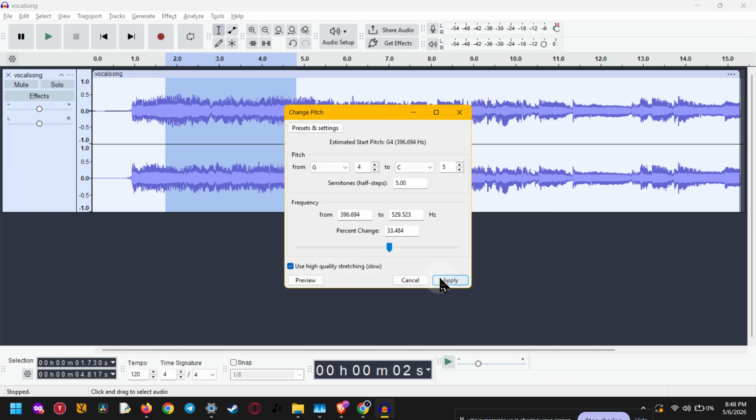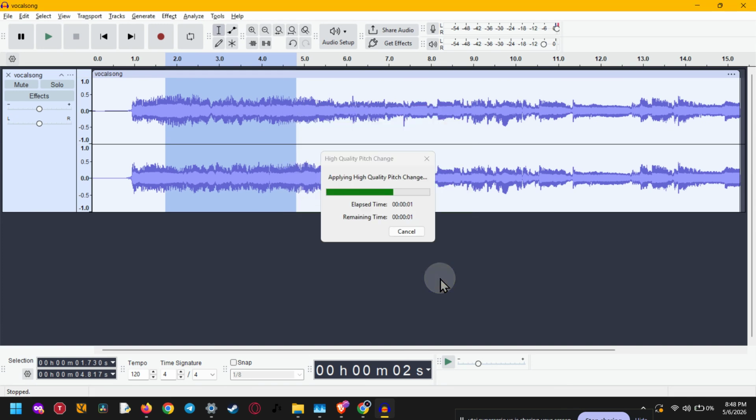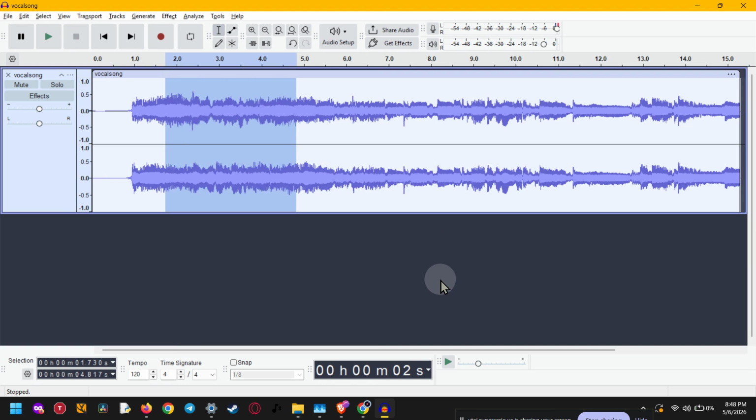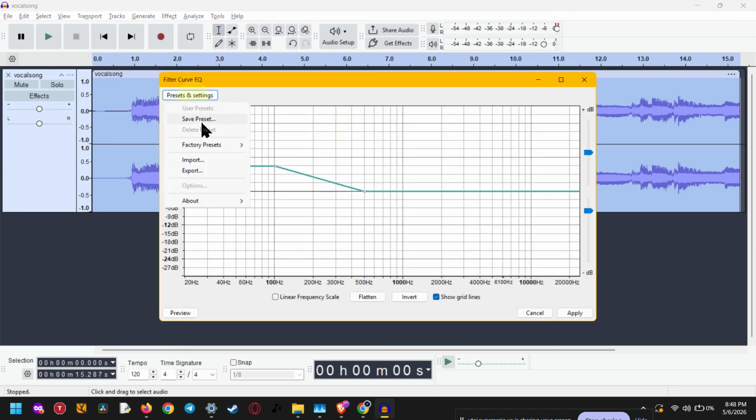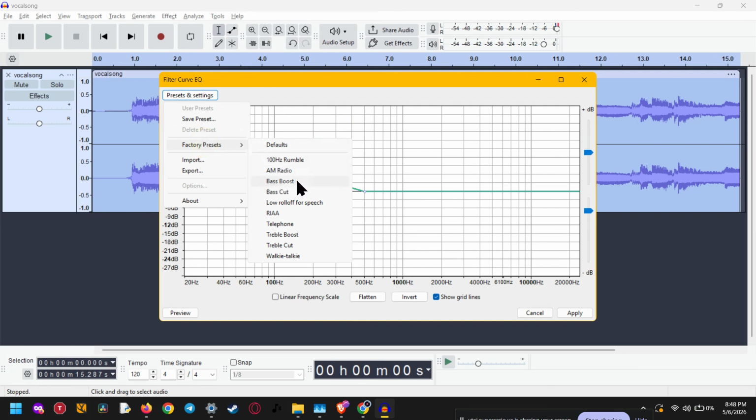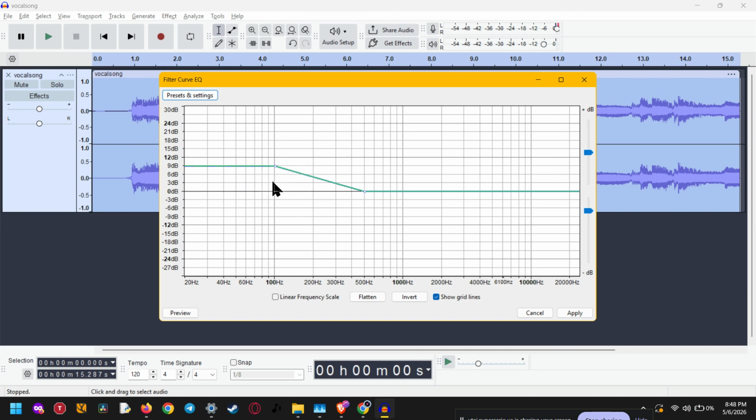After the pitch shift, listen back to your audio. You should hear a noticeably deeper voice, but at this point, it may also sound a little thin or muffled. That is completely normal, and that is exactly why the next steps matter. To make the deeper voice sound fuller, the next thing you want to do is enhance the chest resonance with EQ. When you lower a voice, sometimes you lose some of the weight and warmth that makes it sound powerful. To bring that back, go to Effect, then EQ and Filters, and choose Filter Curve EQ. Inside that menu, click Presets and Settings, then go to Factory Presets and select Bass Boost. This preset helps add more low-end body to the voice, which gives it that chesty, rich quality people associate with